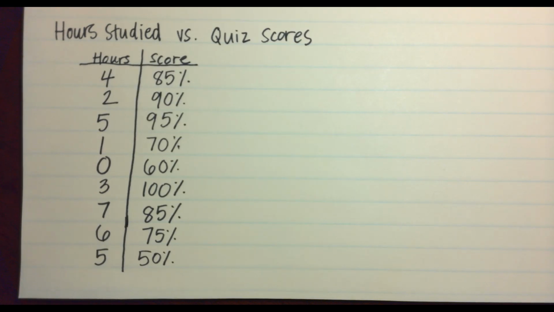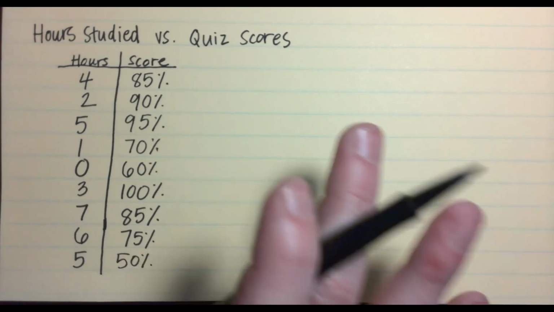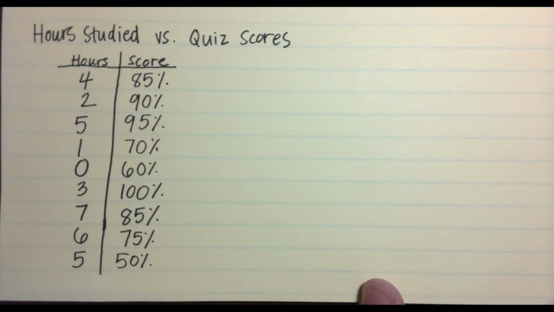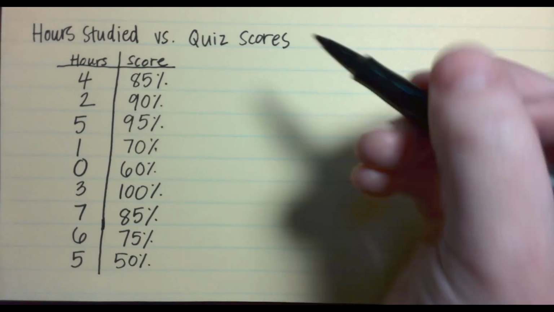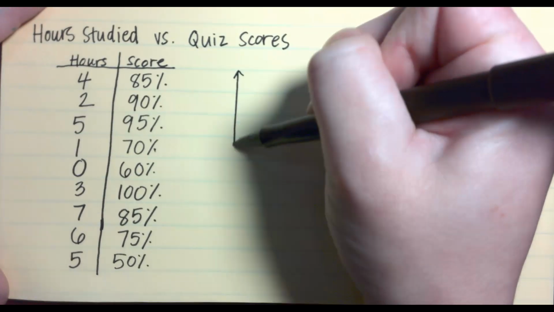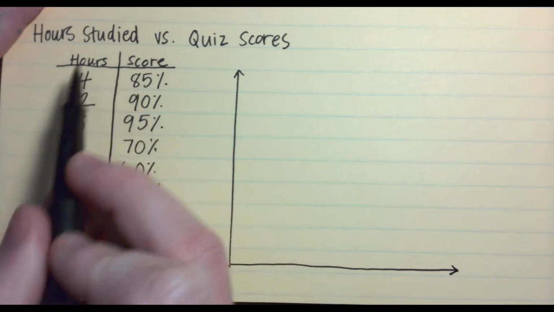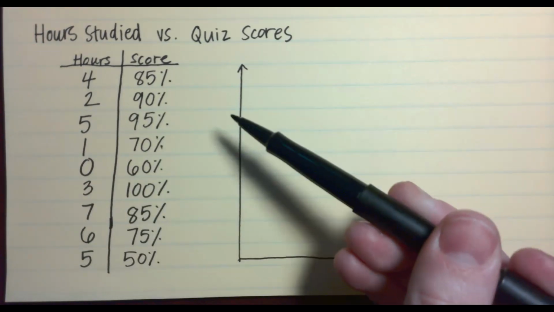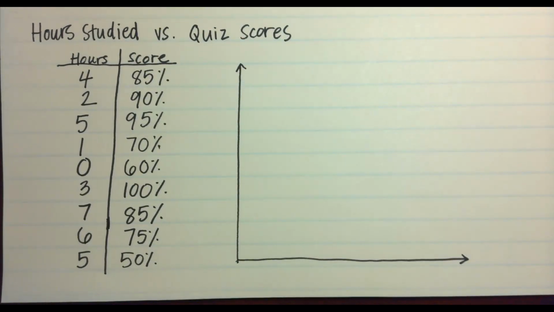That's right. Okay. So let's go ahead and plot a graph. We're going to show a visual representation of this data and see if maybe we can predict the trend that happens for hours that you study versus what you get on the quiz. So I'm going to start by drawing an X and a Y axis, and we're only working with positive numbers, so I don't need to write the full 4 quadrants for my graph. I'm just going to do this upper right hand side, but I'm still going to label like we've been doing.